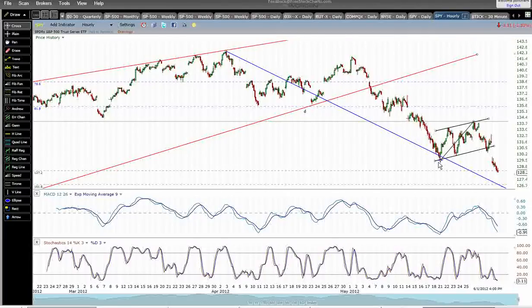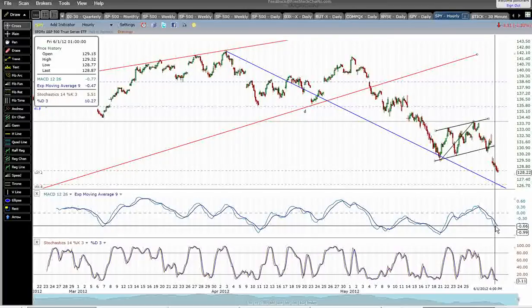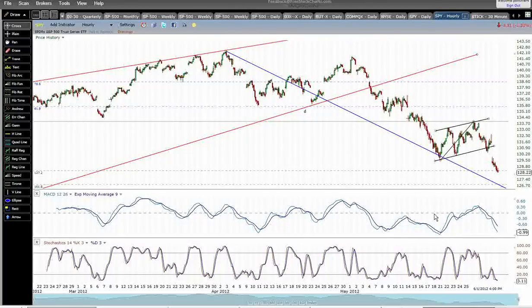161.8% retracement, external retracement of this move here. So we're just touching that level. This would be the sweet spot for a reversal this coming week, in between the 127 and 128 level. This is a MACD showing MACD is oversold, but we do have some bullish divergence relative to the May